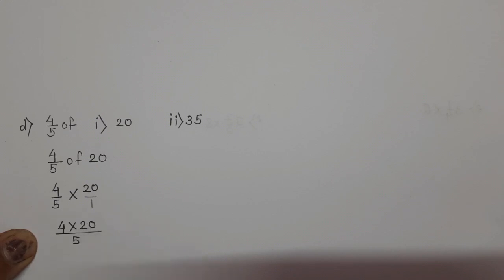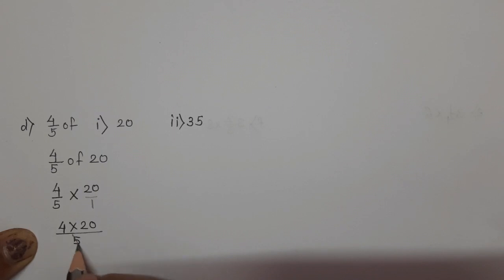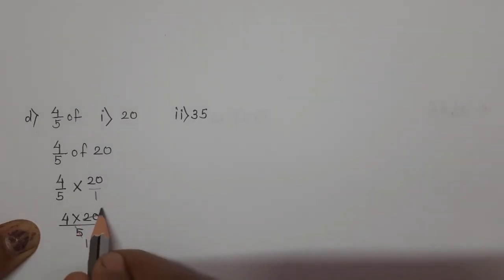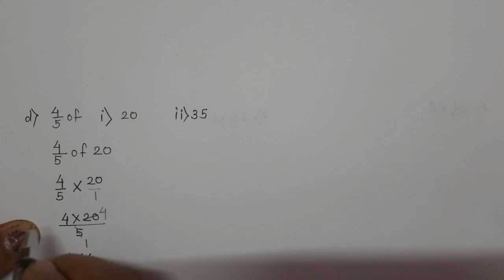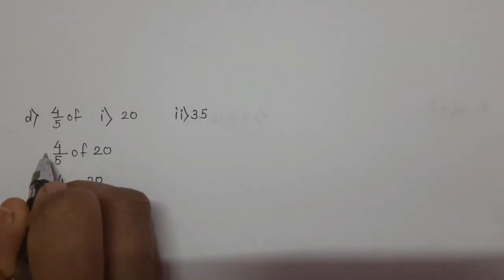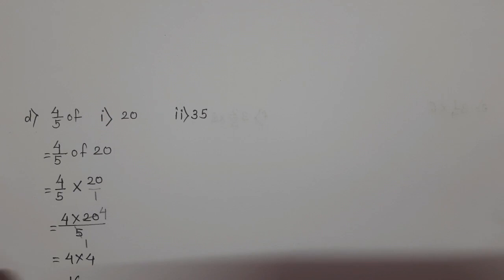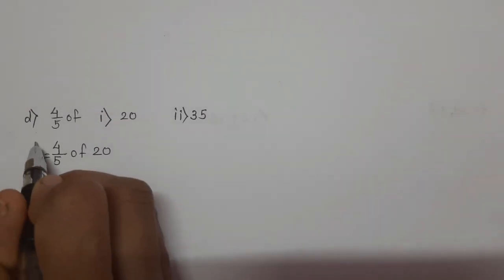Okay, now see here what we can do, we can do the lowest term directly. 5 ones are 5, 5 fours are 20, that way also we can write, or 20 multiplied by 4, 20 fours are 80, 80 upon 5, and then you have to do the lowest term. So instead of that you can do by this way also. 5 ones are 5, 5 fours are 20. So 4 into 4, 4 multiplied by 4, 4 fours are 16. So what answer we got? 16. Okay, so now see, this is first one.